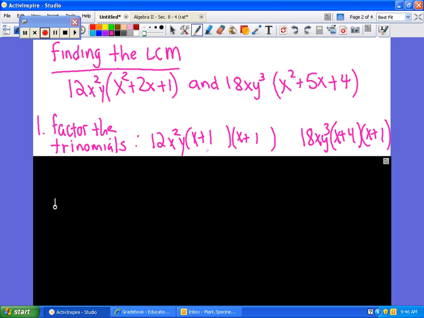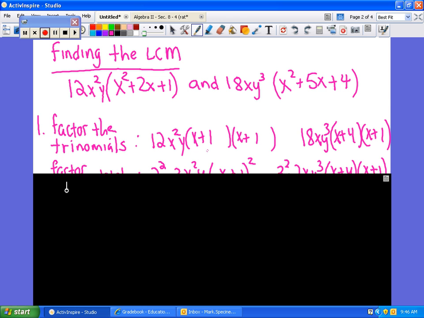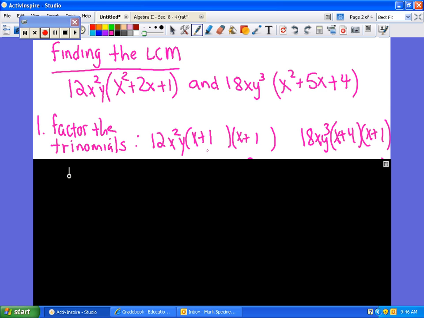So again, let me reiterate that if factoring is still not a strength for you, please take some time and look at that website we had discussed. Practice your factoring. You'll see how useful and how necessary it is for this section of the text. Alright, so once you factor the trinomials, once we factor,